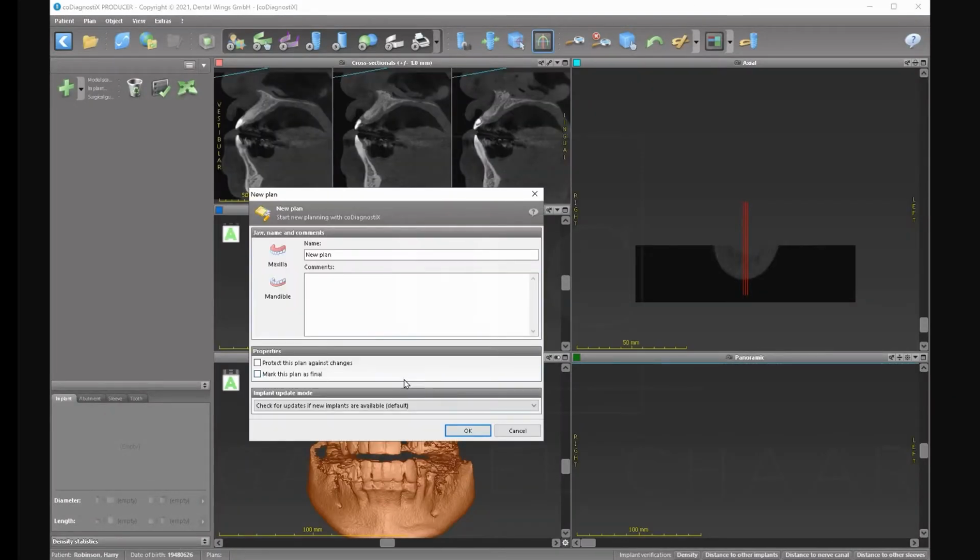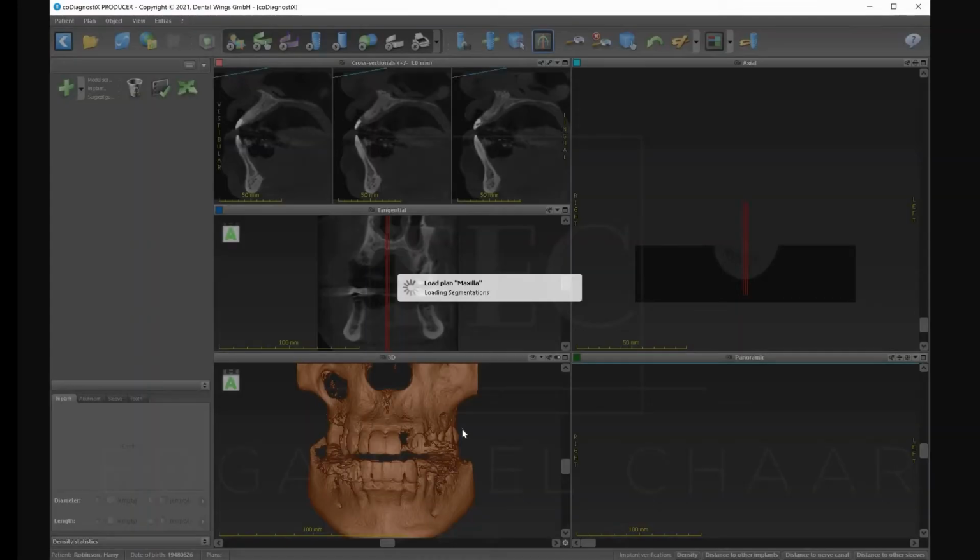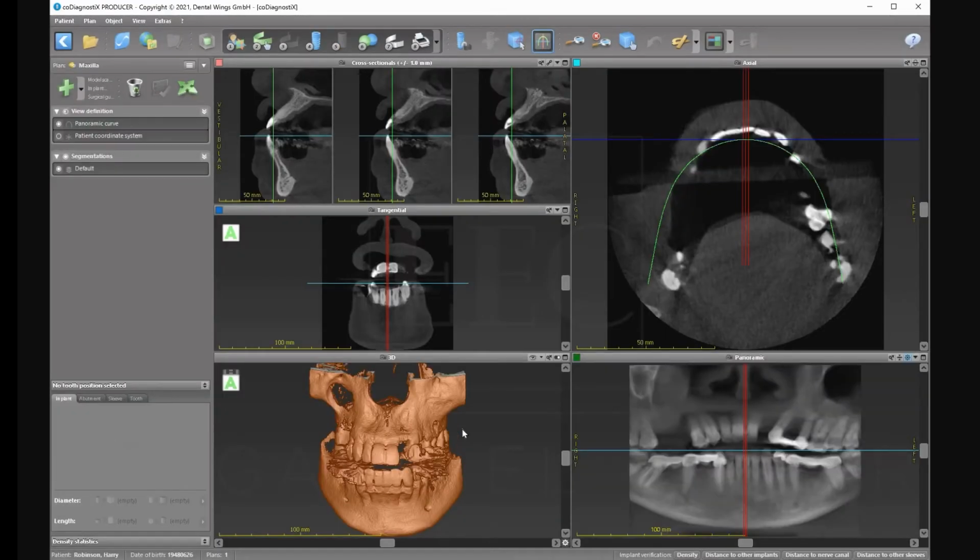Okay, so now that's the thing. In this case, it is number 10, so it's a maxilla. We press maxilla and say okay. So the plan will be only maxilla. So now the steps are the following. You follow this. The first one is segmentation. What it means is it takes the DICOM,